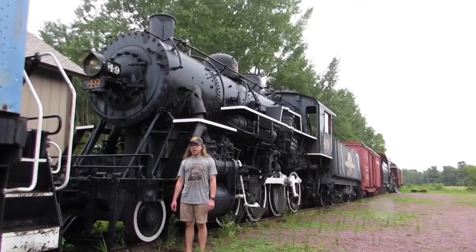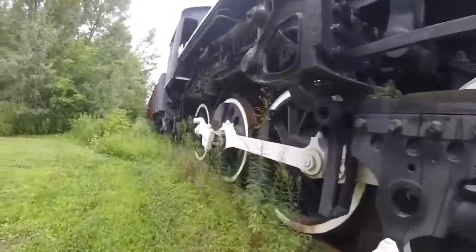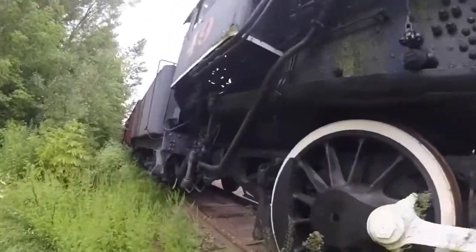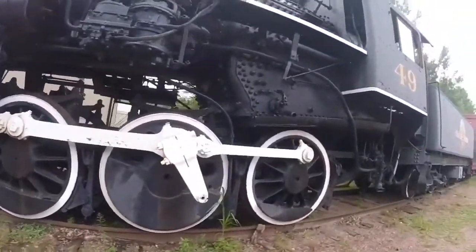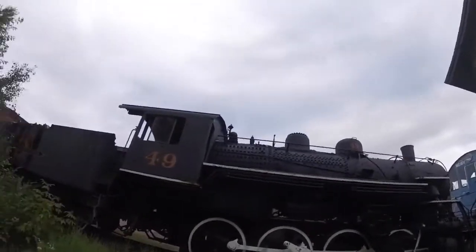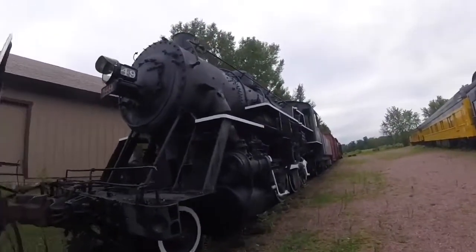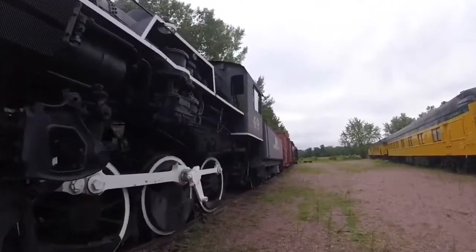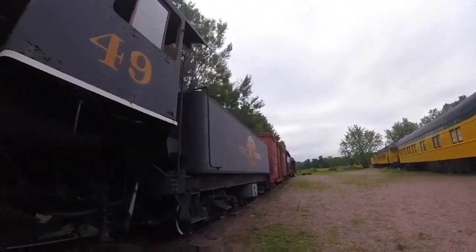What you see right behind me is Green Bay and Western 49. Green Bay and Western 49 was built by Alco in Schenectady, New York in 1929 and is the 6,789th steam locomotive built by that factory and is a 2-8-0 Consolidation type steam locomotive. It was assigned to haul fast freight between Kewaunee, Wisconsin and